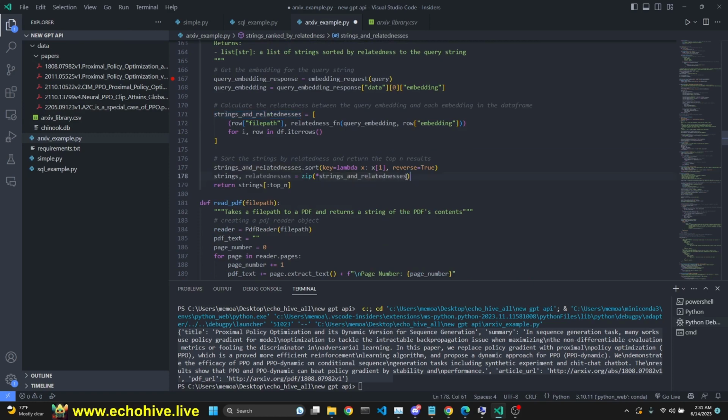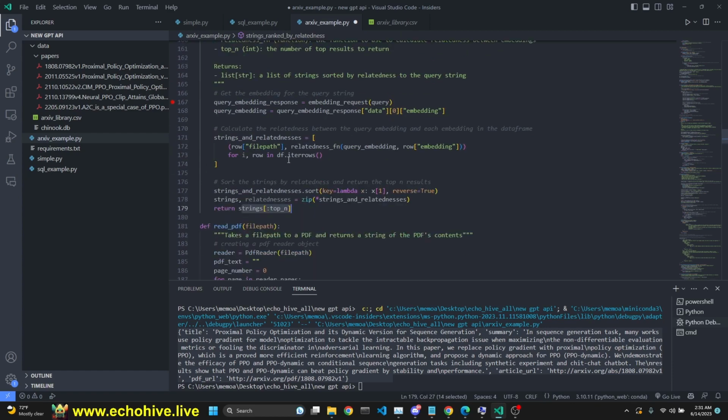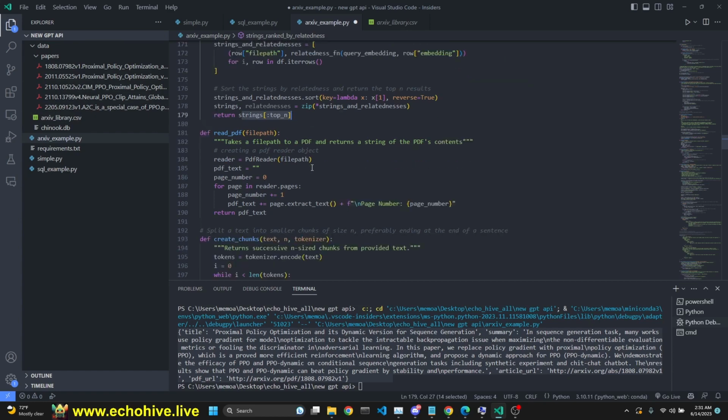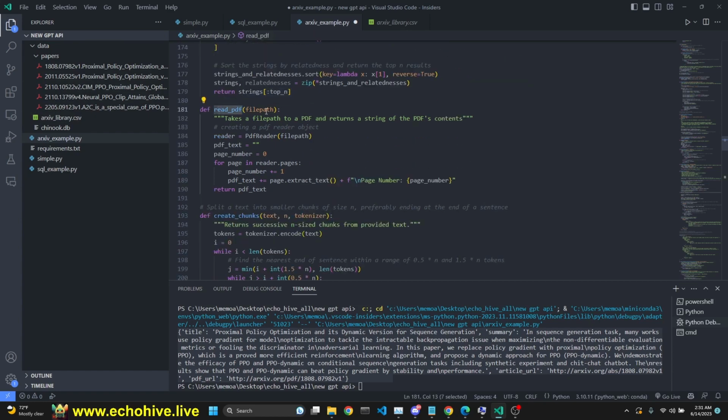After which time we're going to sort it by most related, and then we're just going to simply return that. Okay, this is what this function does. It queries the embeddings of the titles against the user query and returns whichever ones are the most relevant. And then we have a simple read PDF function, which just reads the PDF at whichever file